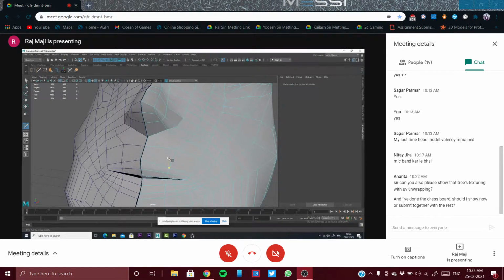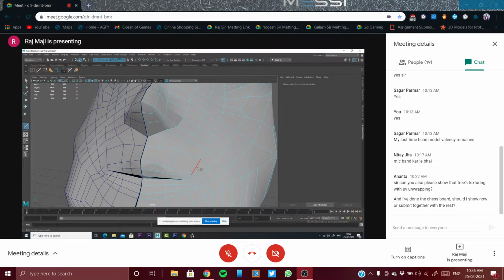Now you can say this is a pentagon. Okay, this is a pentagon. So from here it can go inside the nostril. That is one possibility. The second possibility is, from here it can come like this.